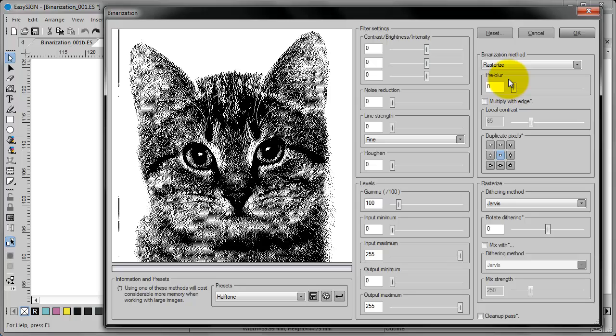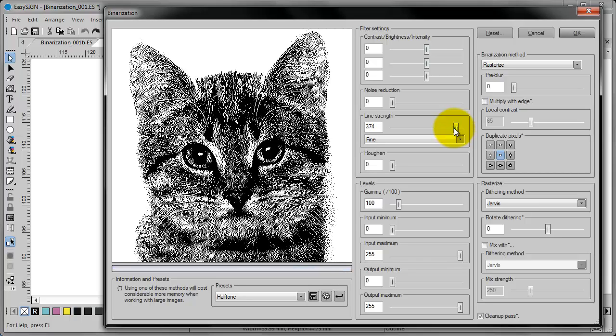While the image doesn't look that bad with the default settings, it can look much better with a little effort. First, let's check the cleanup pass. This will remove the noise on the side of the bitmap. Now let's crank up the line strength. That will give the binarization some more detail. This will do. Next we have to change the levels to get some more white point in the dark areas. This will make the image more uniform.